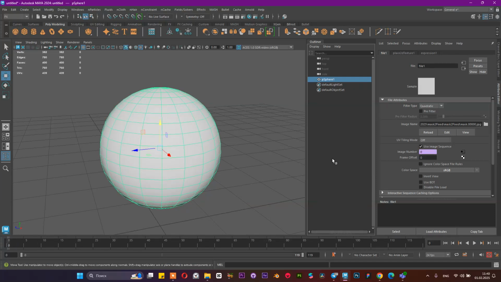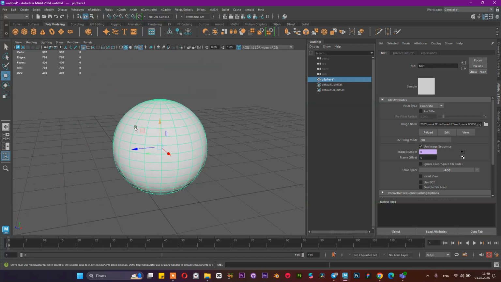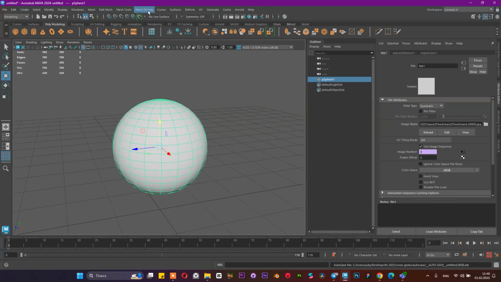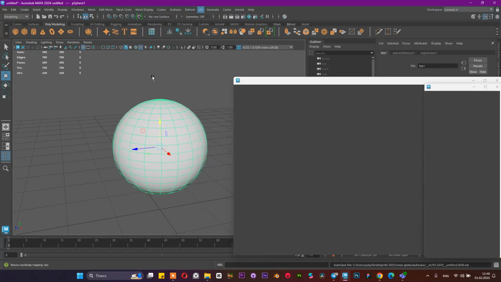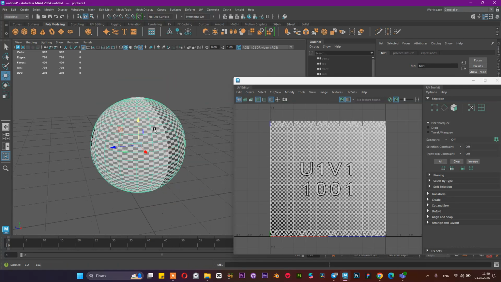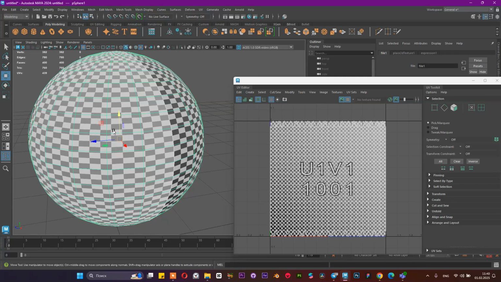It happens because we have some sphere. With the sphere object, we can select object mode, go to the modeling, open UV editor. Every object has its UV editor. UV means how this 3D object